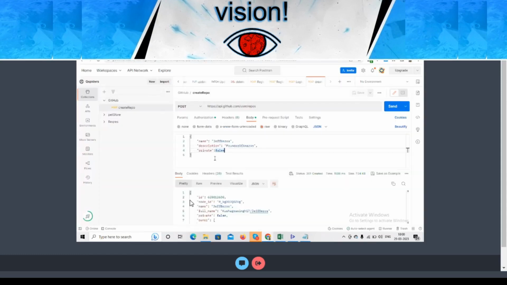Please focus here. Okay, see, after creating one collection I have used this POST method, and I have given some base URL over here with the help of this API document, and I have given endpoints too. I have given a request name also, and then I have given some body over here. Suppose I have to create one repository, so I have given some value like Jeff Bezos, description. Okay, and private: do I want to make it private? No, I don't want to make it private, so I have written a boolean value as false. Okay, so correct, no? Then I have saved it and sent it. Then I got a 401 unauthorized status code, which states that